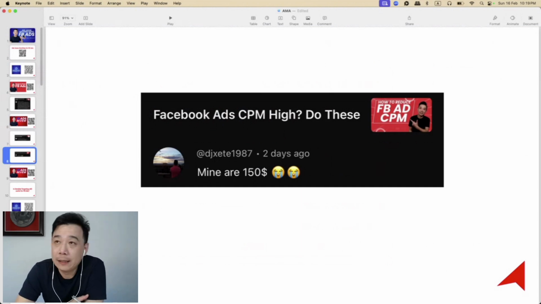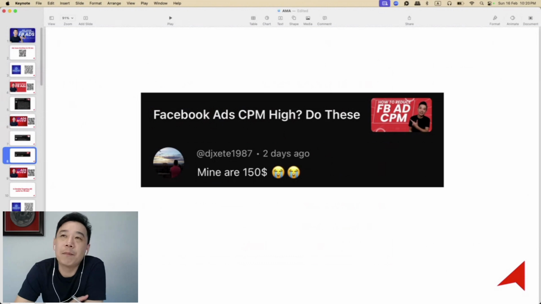So that's one. Now, the other one is you can try to go for a broader audience, as in try to expand your audience targeting to see whether we are able to reduce the CPM. Or you can also try to identify which placements give you a better, lower CPM, and you can focus on those. Say, for example, some ads see significantly higher CPM on Instagram compared to Facebook. Well, you can then focus on running ads on Facebook. These are all the possibilities. And of course, try switching your creative too, if that's the reason.